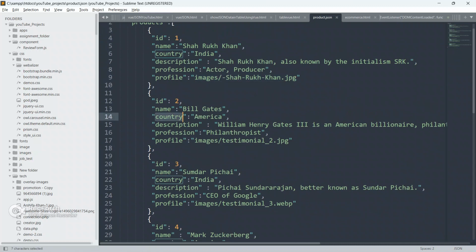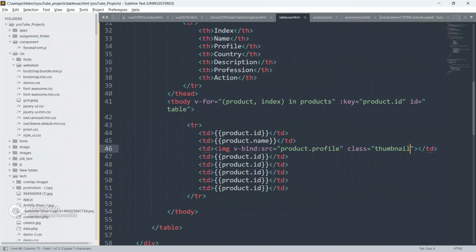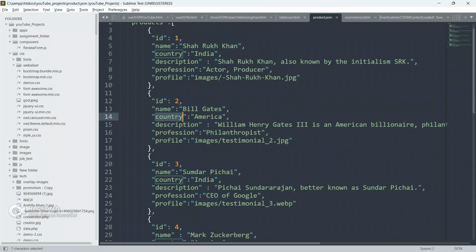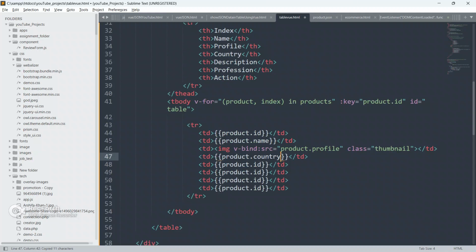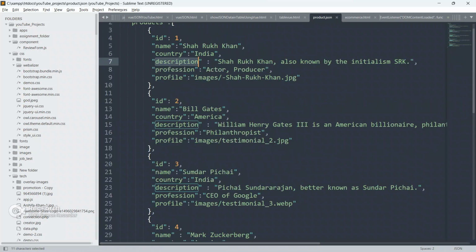Now we are also going to change this to country. Go here, copy this country key and paste it here. Then go here again, copy the description and do product dot description, paste it here, and again paste the profession.